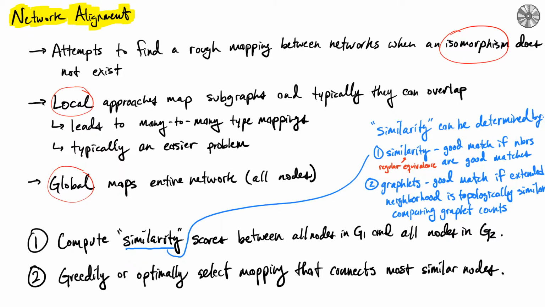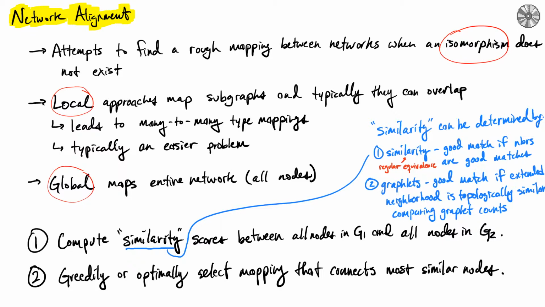When you do this locally, you could possibly end up with mapping maybe two nodes to the same node in the second graph. And so oftentimes you'd get scenarios where your mappings may overlap. But it does end up becoming an easier problem when you try to do local mappings. And so globally doing this is a little bit trickier, but it guarantees that you don't have